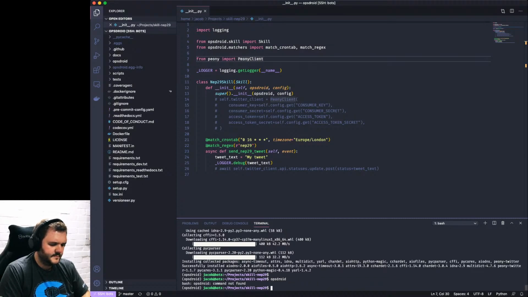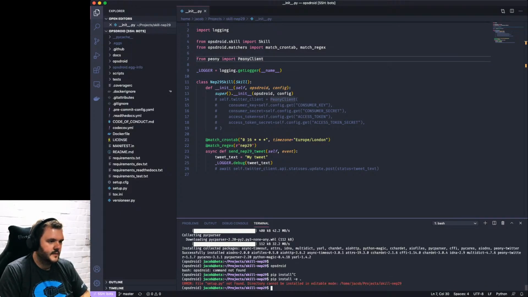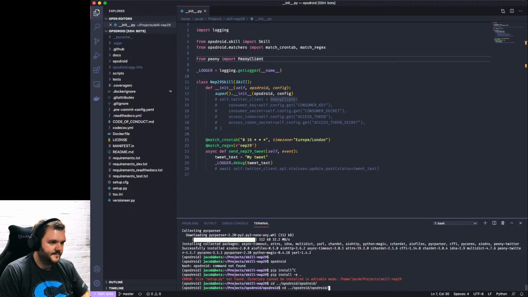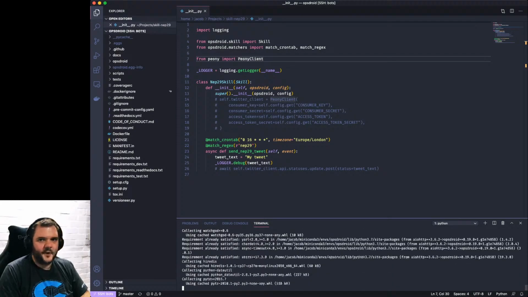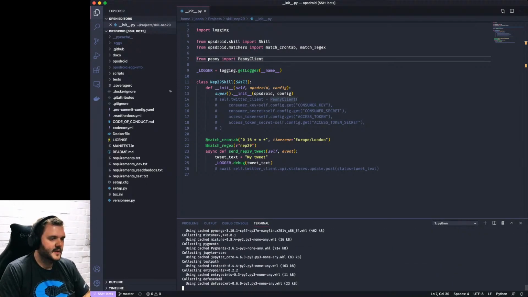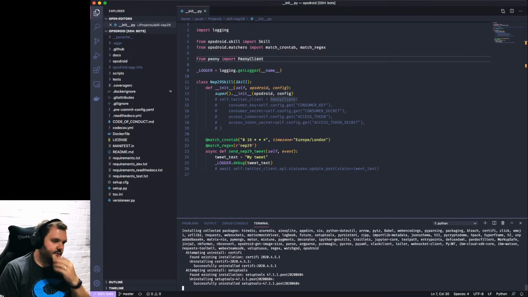Oh, did I do my pips in the wrong place before? In the wrong environment? Yeah, okay. That's nice. Just install Opsdroid quickly.